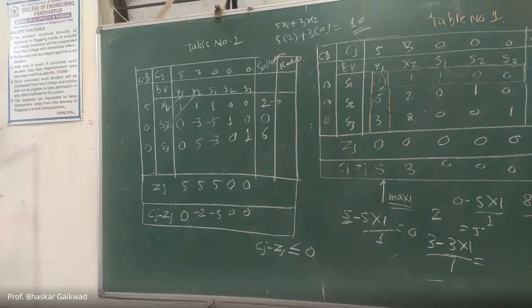We got x1 = 2, x2 = 0, and you get the maximum profit 10. If you go for manufacturing of product x1, 2 quantity, and x2 means we do not manufacture the x2 product. We only manufacture x1, that quantity of 2, and the profit is 5 into 2, that is 10. Is that correct? So this is the solution. Here we have to decide the quantity to be manufactured in order to get the maximum profit. So this is the maximization condition.